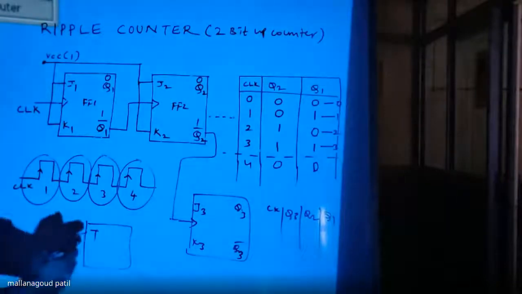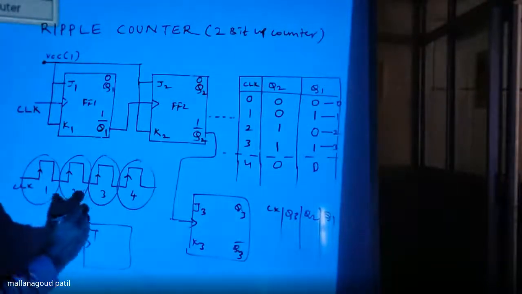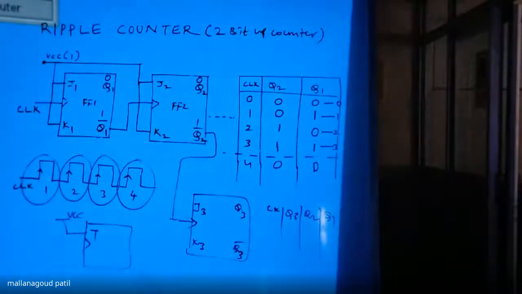And you have a clock. T should be connected to VCC, then only it will toggle. When you leave T floating, it cannot work as T in particular operation. T connected to 0 means retain; T connected to 1 means toggle.